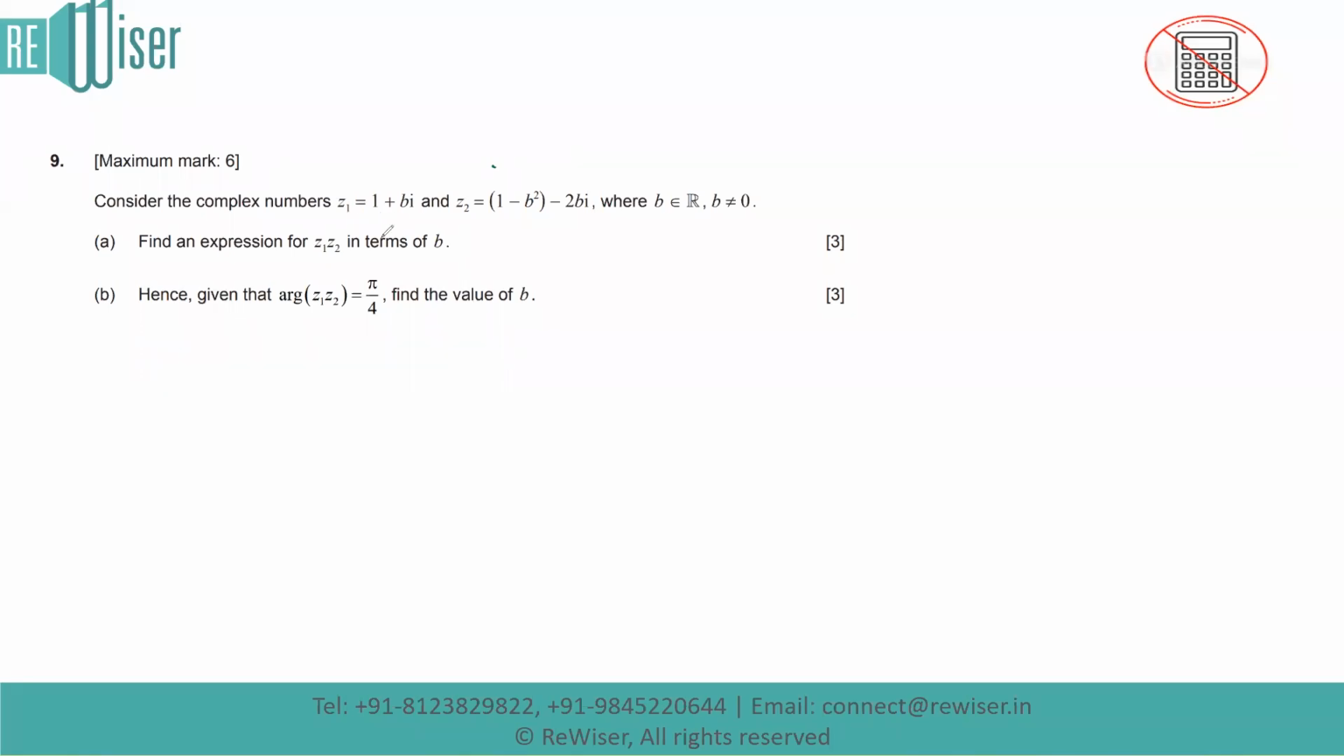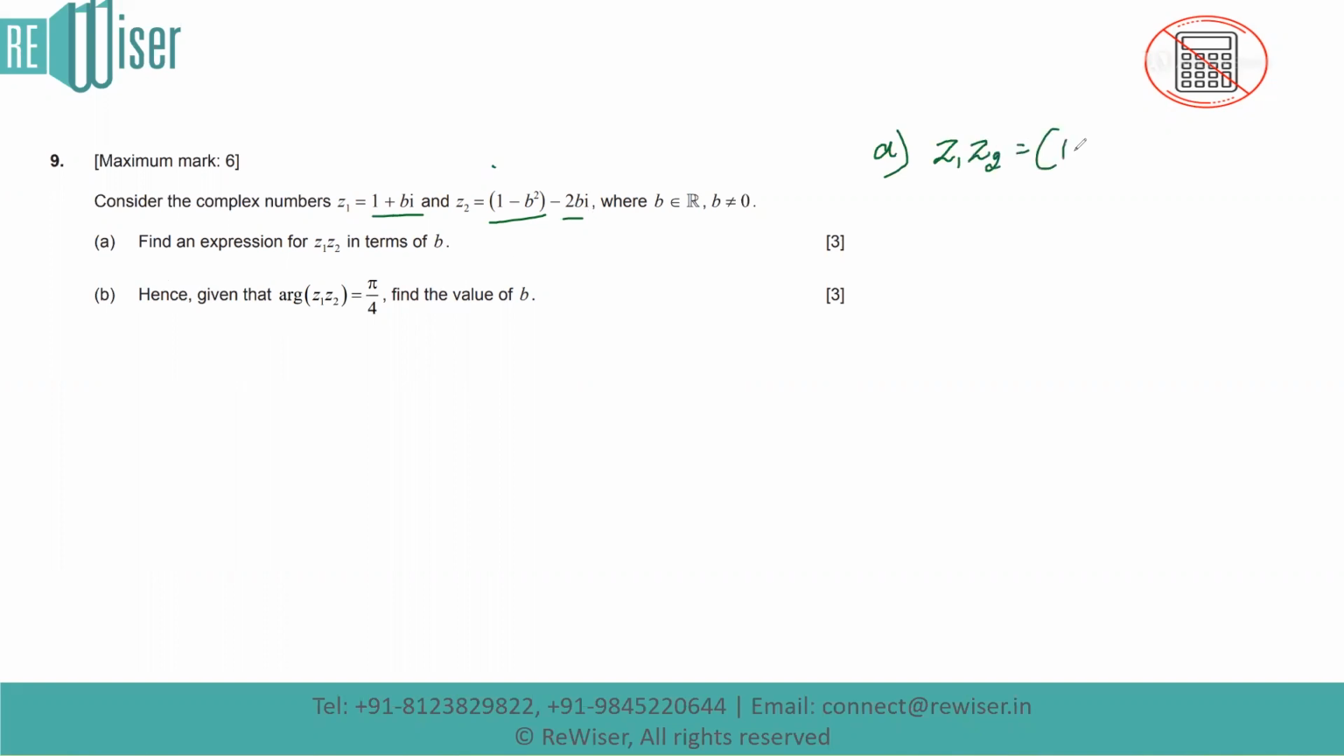Complex numbers. Z1 is given as 1 plus bi, and Z2 is given as 1 minus b square minus 2bi. There are two complex numbers. Find an expression for Z1 times Z2 in terms of b. So for part A, all we need to do is, if I talk about Z1 times Z2,